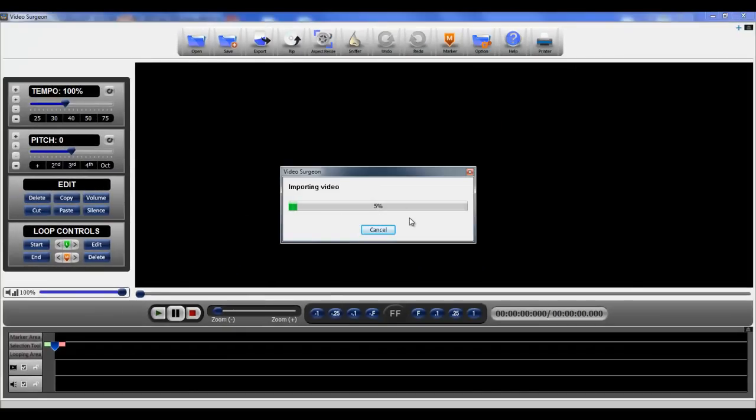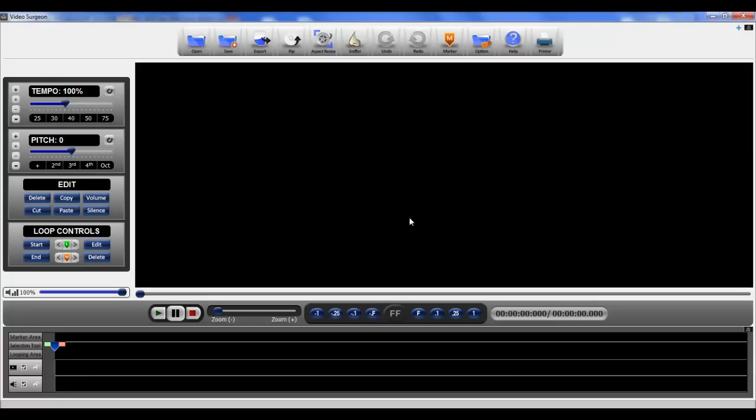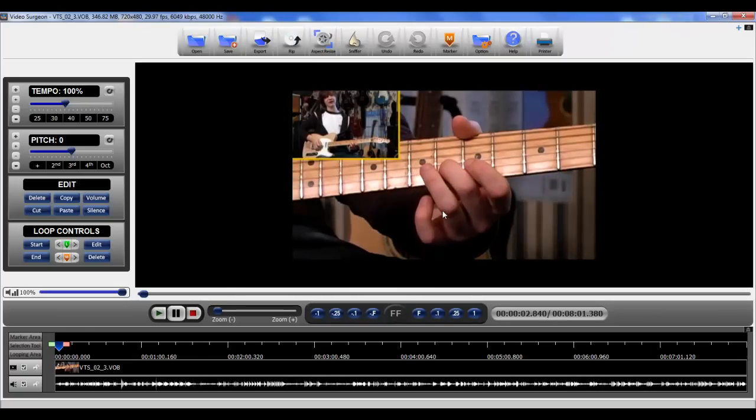It's going to take a little bit of time, but it's moving reasonably quickly. And now it's done importing the video, so now we just have to render the audio, and then we'll be good to go. So now we have this second instance of Video Surgeon open, and we have this second VOB